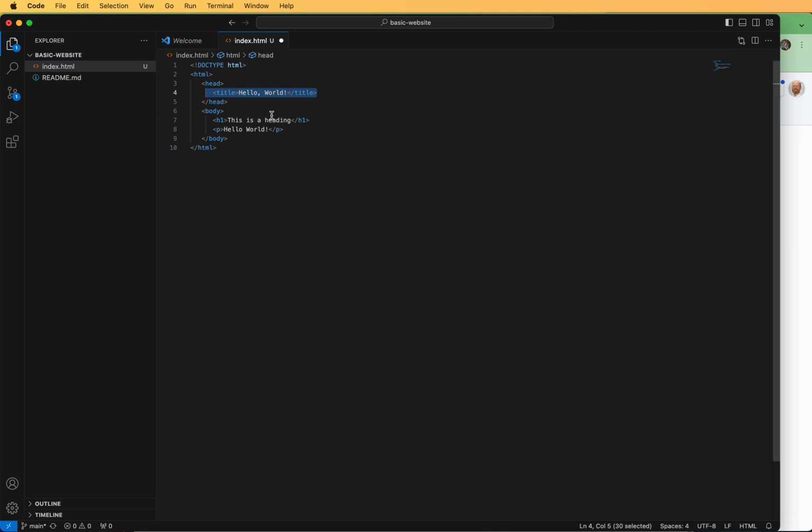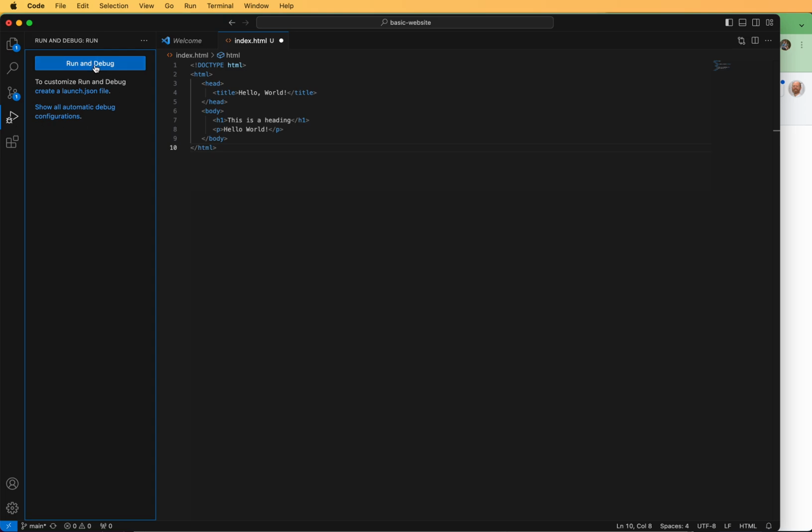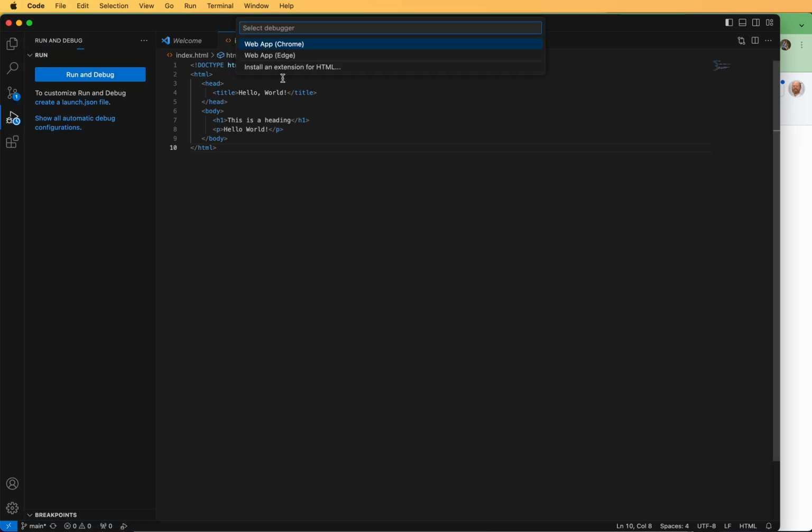So now we're already ready to look at this website. If I go over here and I hit this run and debug, and I hit this play button, oh, it tells me which one I should select. So I want to select the web app called Chrome. And that's the web app that I'm running. And now it's showing